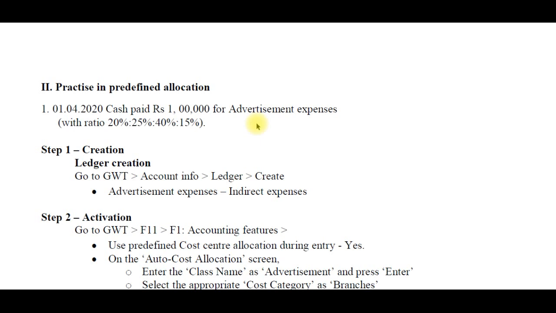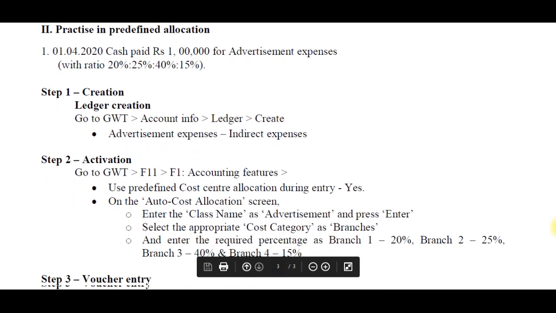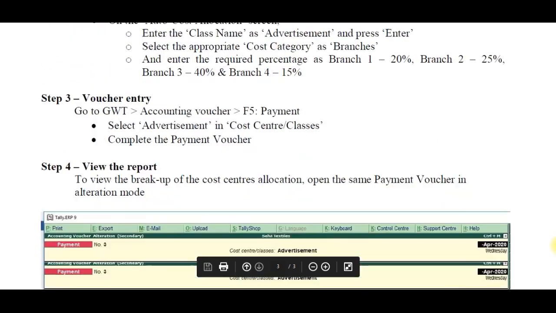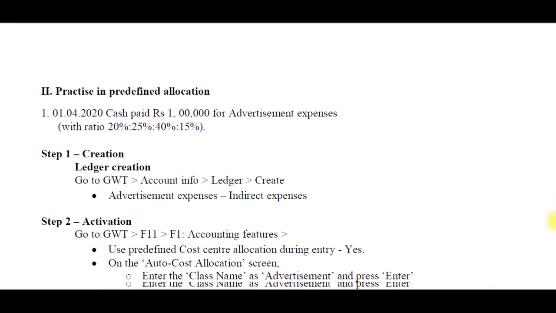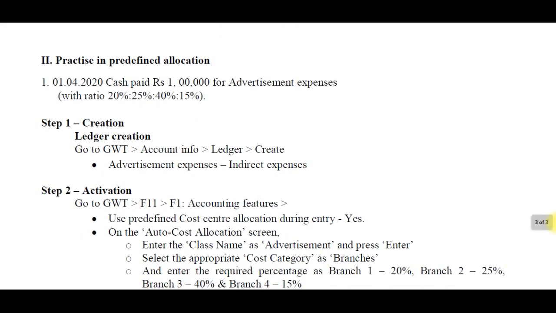Okay, here step 1 is creation, step 2 is activation. Step 3 is the voucher entry, not a ledger creation, because ledger creation comes in the first step.